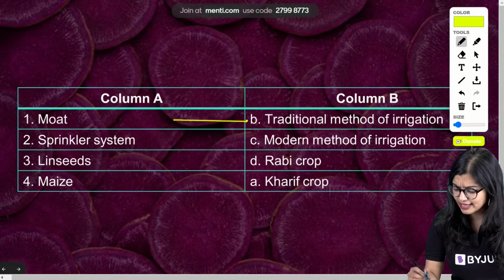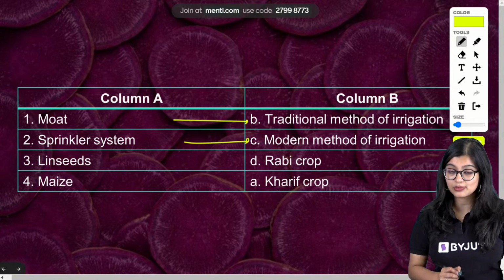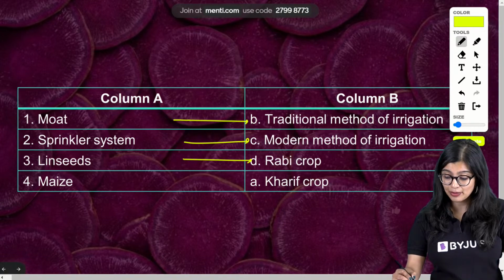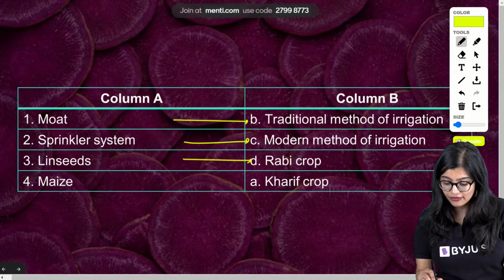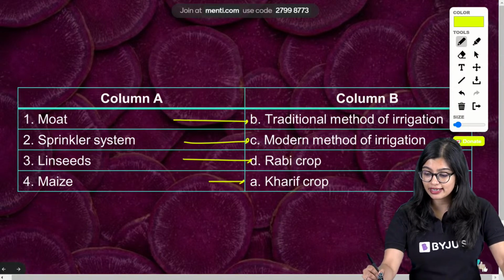We know that mode that is there is nothing but a traditional method of irrigation. We have the sprinkler system, which is a modern method of irrigation. Linseeds, which are an example of rabi crops. And of course, maize that is there is an example of kharif crop, which is why the correct answer here